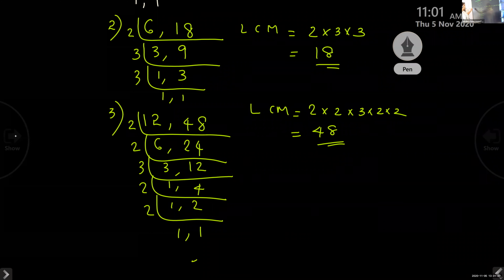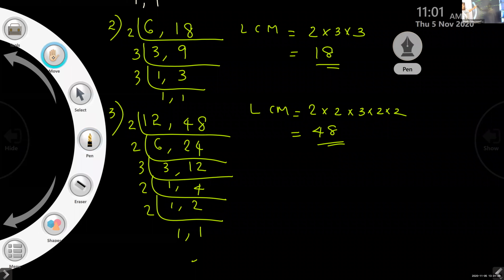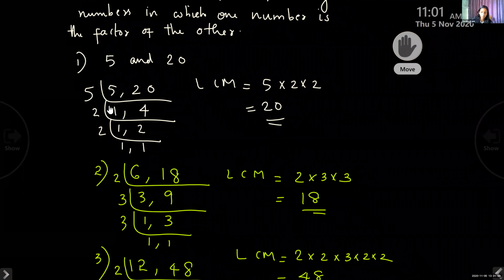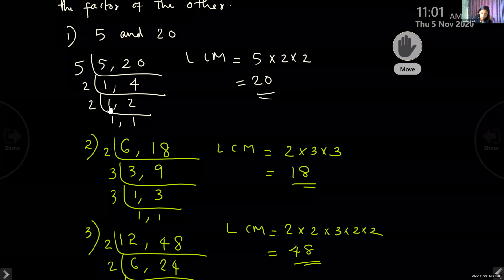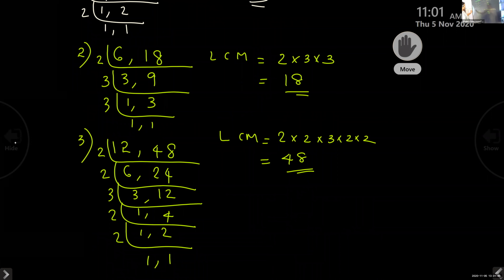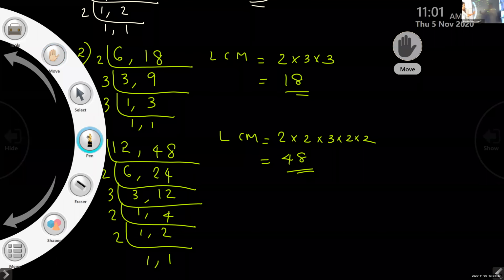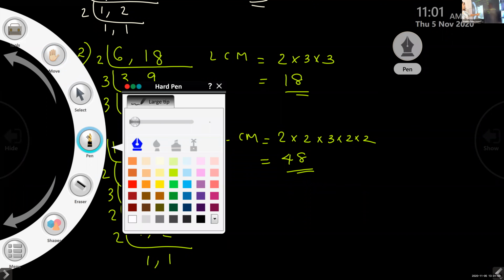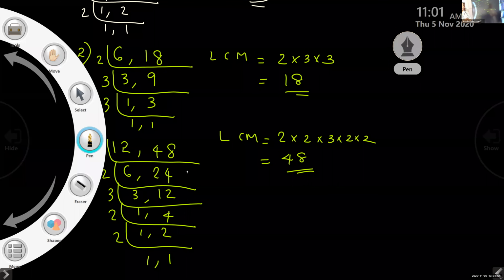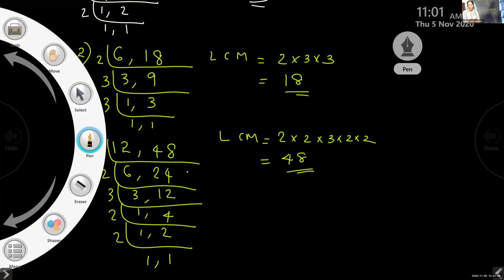Okay, this is our first question. Ma'am, can you show the last question? Wait. Did you all write the first question? Yes, ma'am. Then the second question. Okay. So these are the two special cases. Always remember this. So when we are finding the unlike fractions addition, we will use all these types.